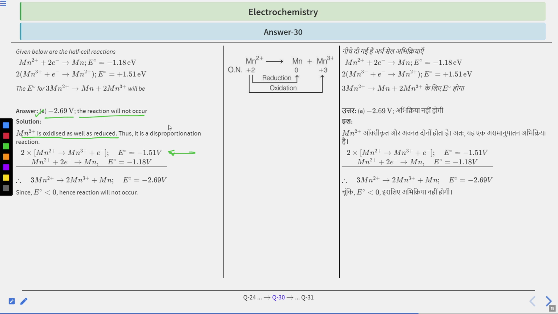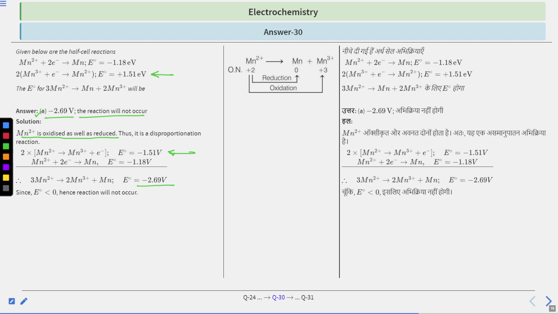So E naught will also get reversed. The sign will be minus, as in the initial reaction it is positive, so in the final reaction it will be negative. Now the Mn2+ plus 2 electrons giving us Mn is the same, E naught is minus 1.18 volt. Now what we do, we just add it. So it will be 3 Mn2+ giving us 2 Mn3+ plus Mn, and E naught is coming out